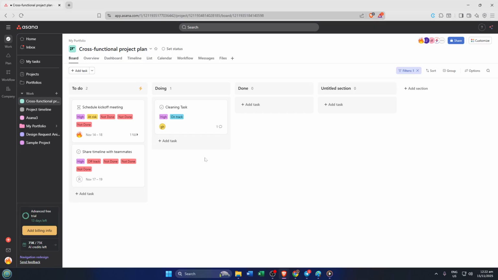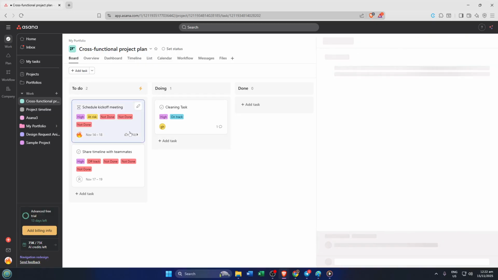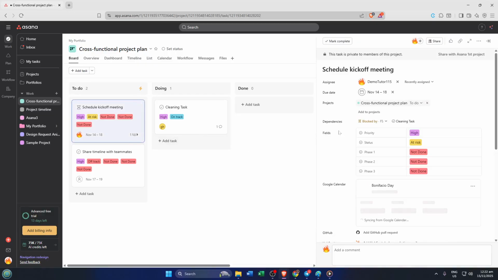Let's jump right in. First, go ahead and open the task you want to make recurring. If you don't have one set up already, just create a new task. You can do this directly from your project dashboard by clicking the Add Task button. Now, this step might sound simple, but it's actually the foundation of what we're about to build. Think of it like planting a seed. This is the task you'll see recurring at regular intervals, so make sure it's named clearly and has the details